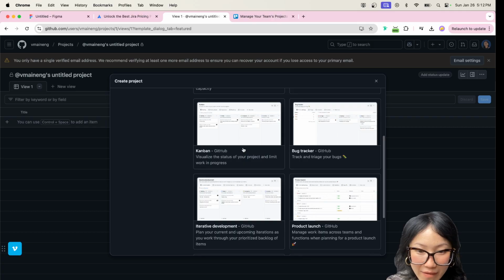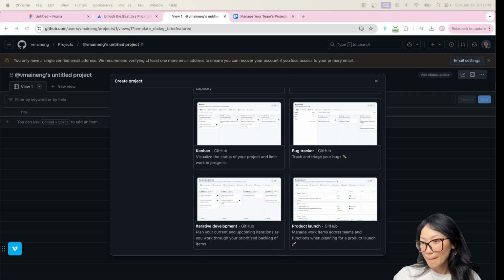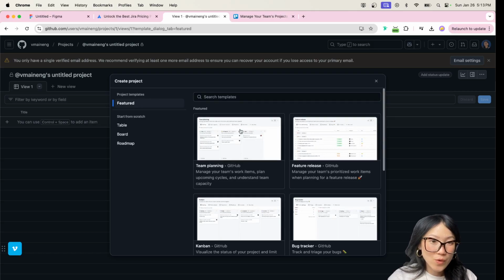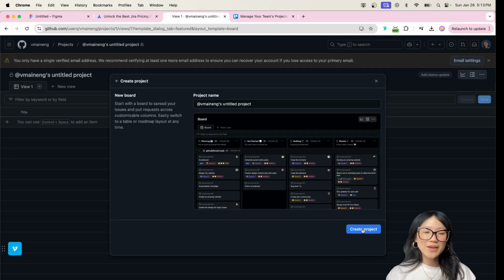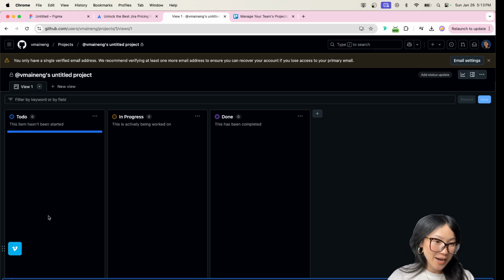We haven't gotten to bug tracker yet. Let's see, iterative. Okay, we're gonna go ahead and just start out with the board, and we can always develop more as we go. As of the moment, we will go ahead and add a new